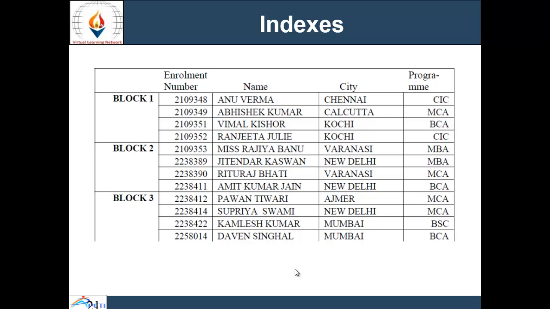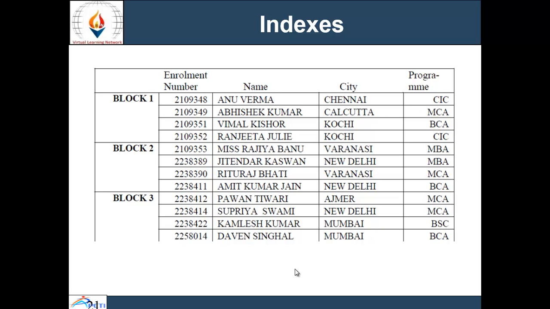The primary index basically contains one index entry for each value of the ordering key field. An entry in the primary index file contains the index value of the first record of the data block and a pointer to that particular data block. Now, let's discuss the primary index with the help of one example.